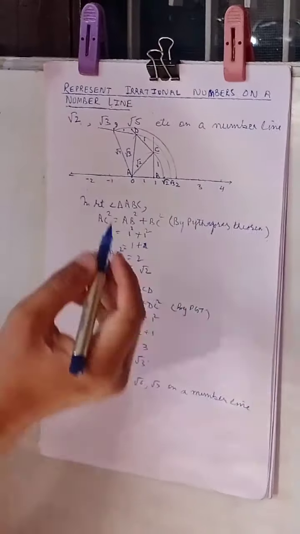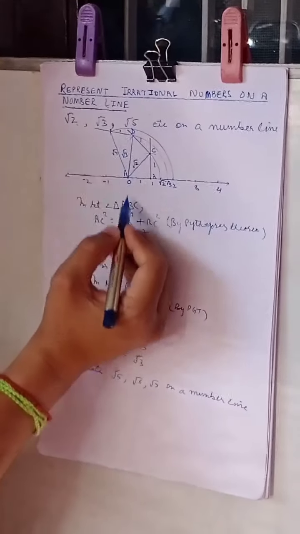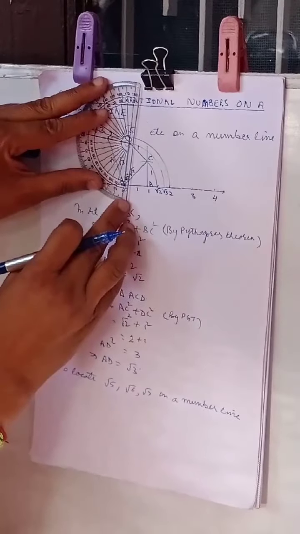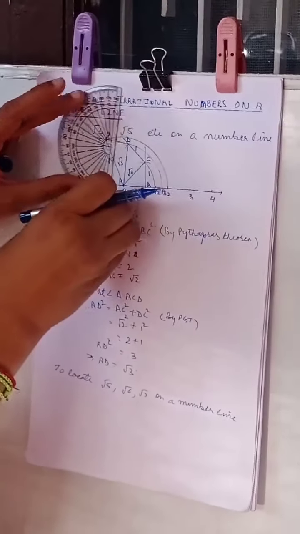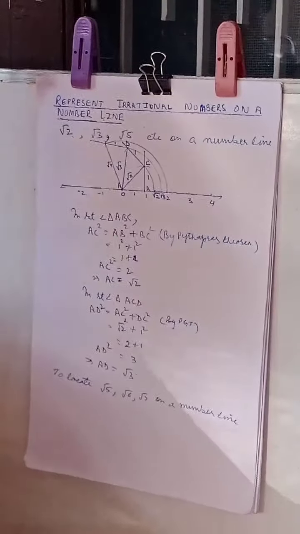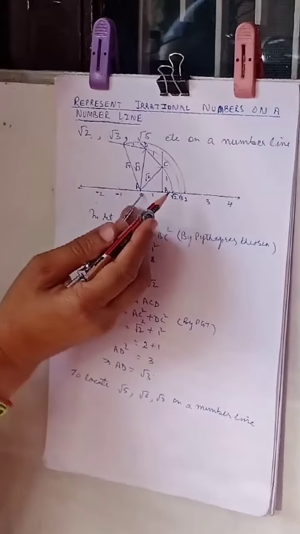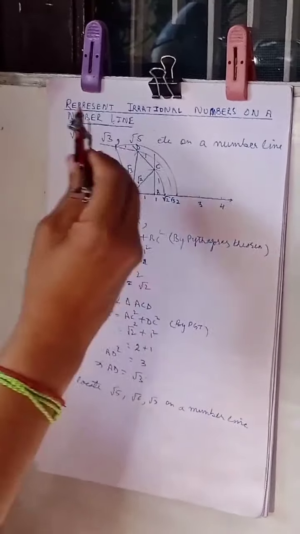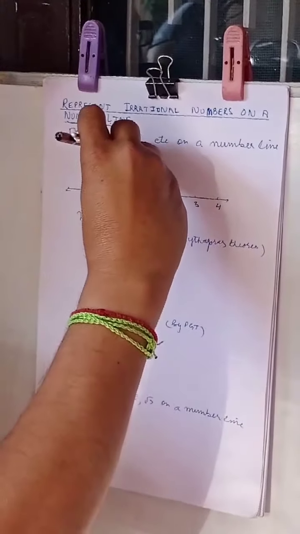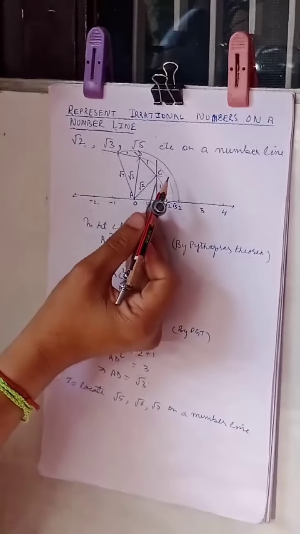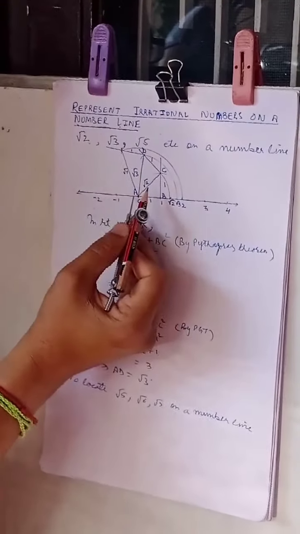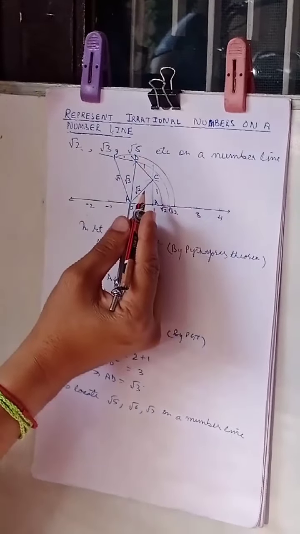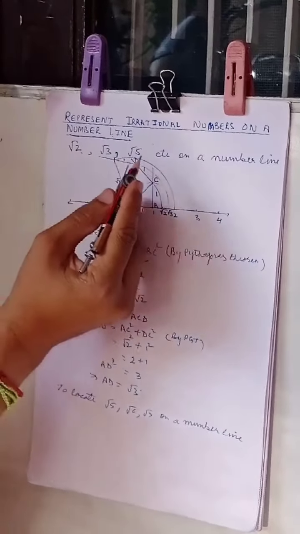Okay students, now here I'll again do the same thing. I put the protractor here like this, draw the perpendicular, and again I'll take the same length. कितनी ली थी बेटा? जितनी A से लेकर B तक, this point यहाँ तक लेके हमने यहाँ पर खोल दिया, आर्क लगा दिया, and I'll join it. So ये था root 2, ये root 3 और ये root 4 हो जाएगा. ठीक है? Similarly you can prove it like this, that root 3 square is 3, 1 square is 1 and 3 plus 1 is 4.